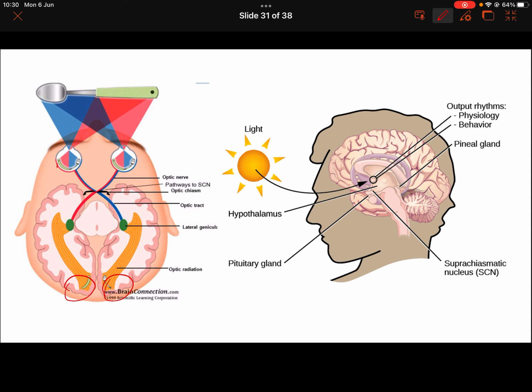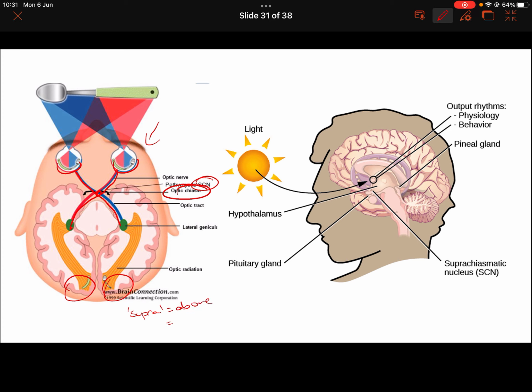here to our retina. So our retina receives light information. And nerve fibres connected to the retina in each eye cross over on their way to the occipital lobes and the primary visual cortex. They cross over at a point here called the optic chiasm. The SCN, the suprachiasmatic nucleus, is located just above the optic chiasm. Hence why it's called the supra, which means above,